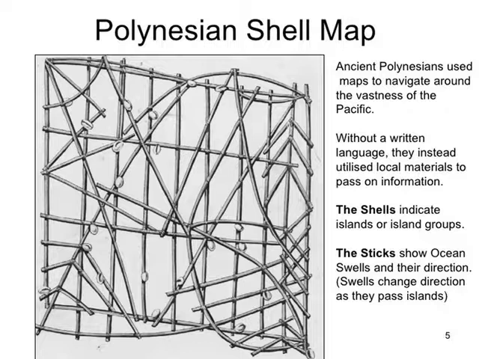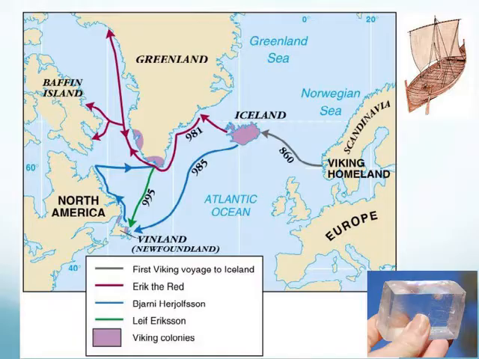So, and if the shells were representing islands, how did you know which island was what? That information was definitely passed down orally, and you needed to remember all of that information before you headed out. So it was interesting. All right, so now let's zoom to the Atlantic Ocean, the northern Atlantic, and you can